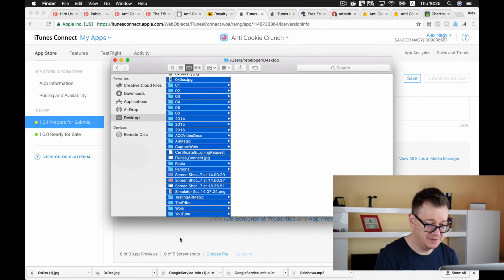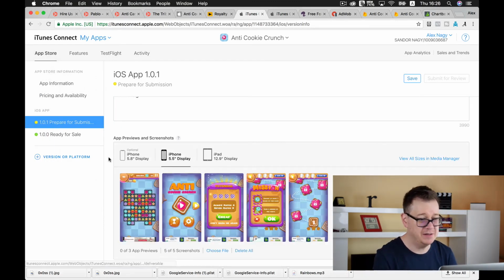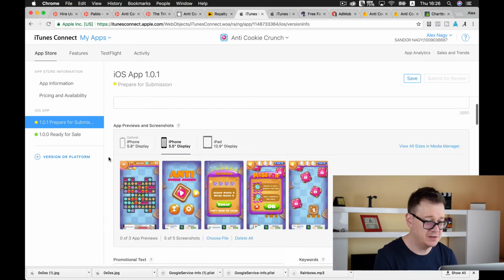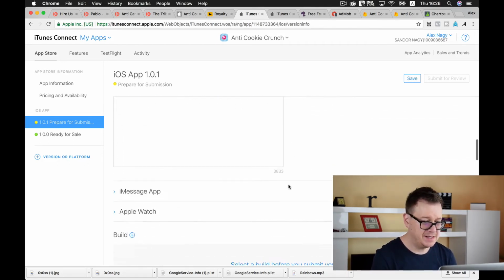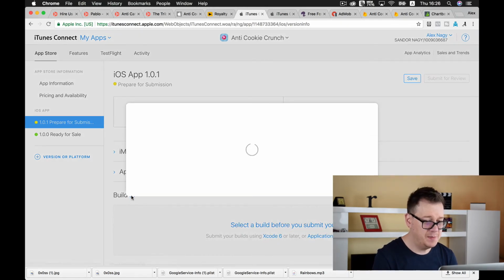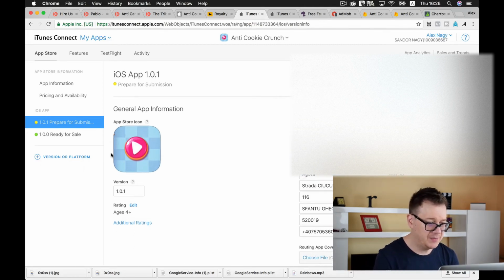Here we go. Oh, sorry about that. Let's select iPhone 5.5 inch. Oh, here it is. Well, we already have our screenshots and promotional text. Okay. Everything stays the same. Let's add our new build here. The copyright should be 2018, and the version we need to change this to